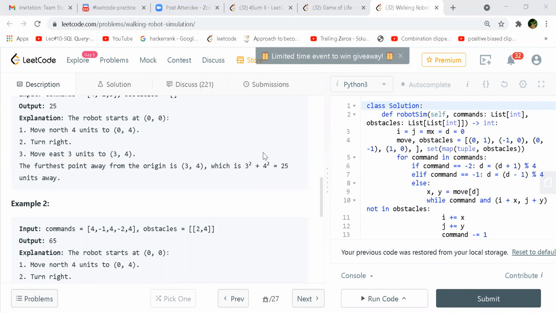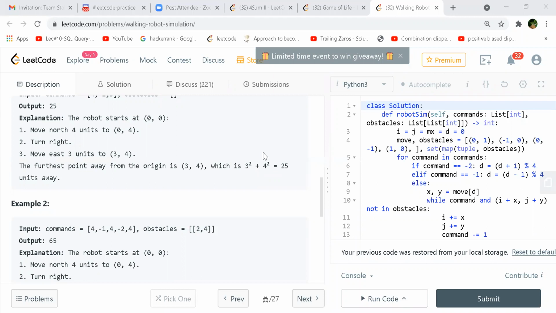Because you walked 4 units in the y direction. And then using this 0, 4, you need to find whether there is an obstacle or not in your obstacle input. So you'll have to go and find out.